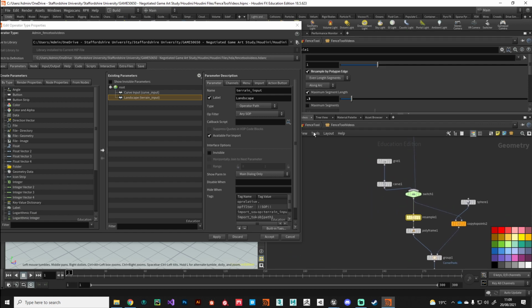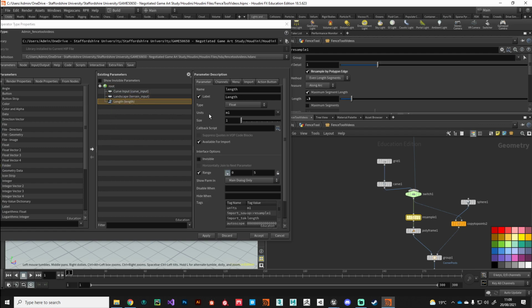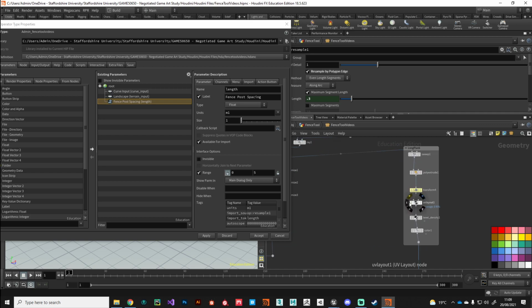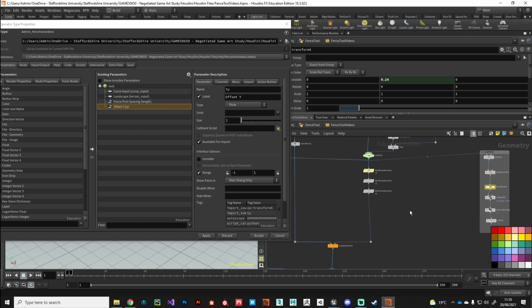Next thing is our resample node, and it's this length parameter here we're interested in, so I'm just going to drag that, drop it onto the root, and we'll call this one fence post spacing. And what else did we say we could have? Yeah, this transform Y. So for the transform Y on the long planky bit, we can just select that value that we've got there and drag it, and then we can say offset Y. So we'll hit apply. We'll hit accept, and we'll do our first test